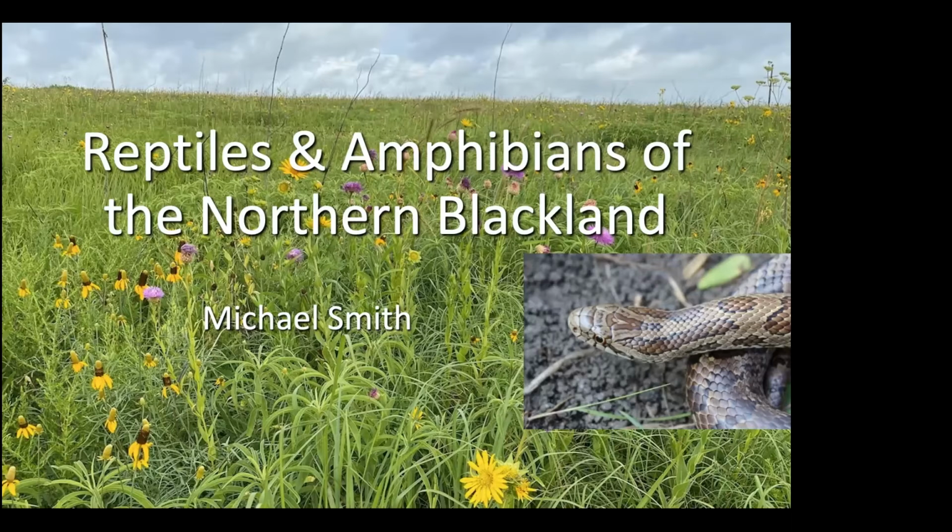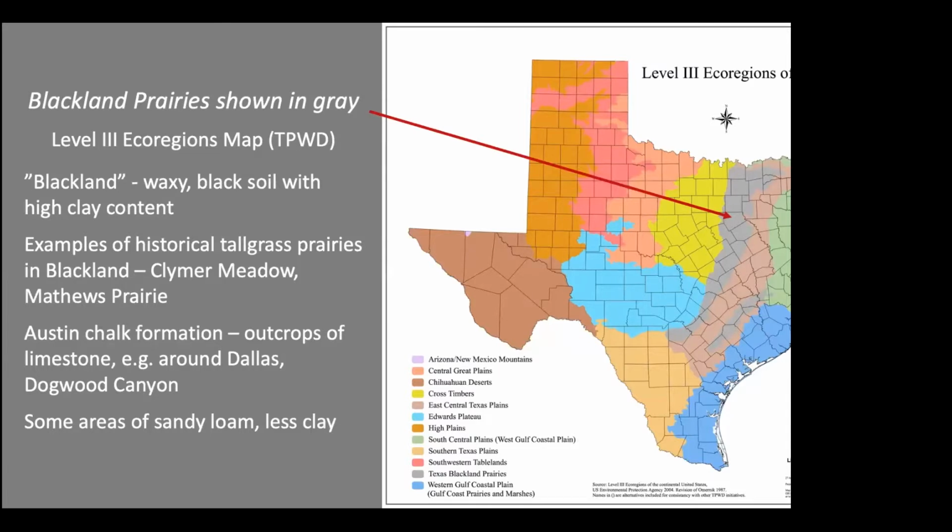So the Blackland region on this map here, a lot of you are familiar with this ecoregion map, and the Blackland Prairies are shown in gray. Starting around Dallas County and a little bit east of there, and then up toward the Red River, and then down from there. So as you all know, Blackland is referring to this waxy black soil with a lot of